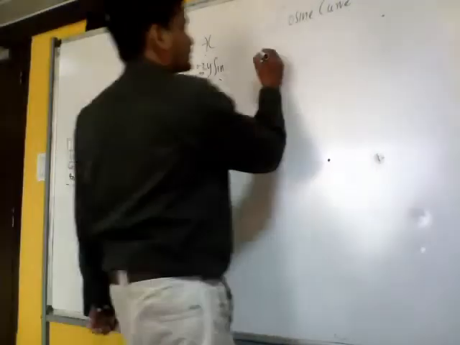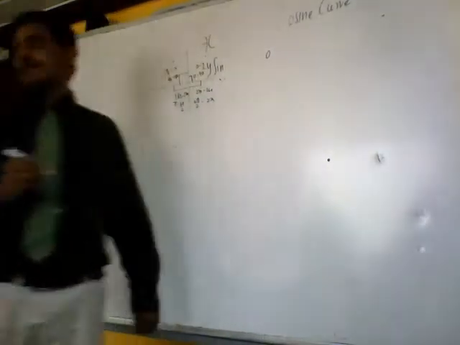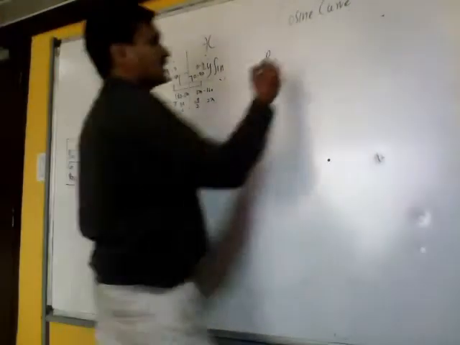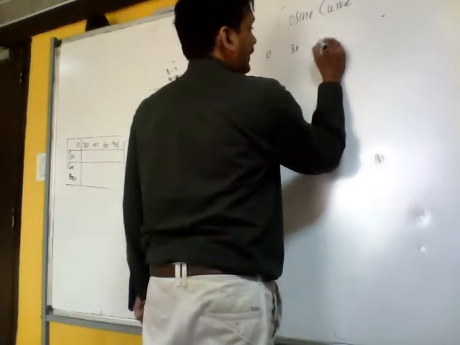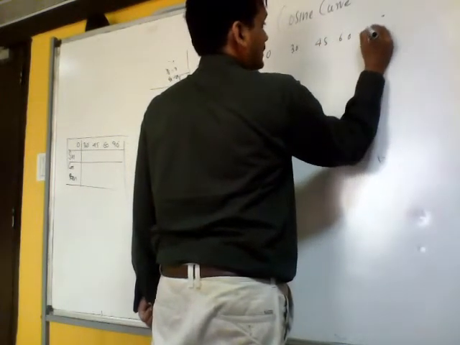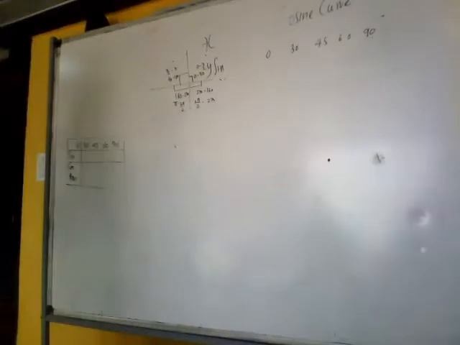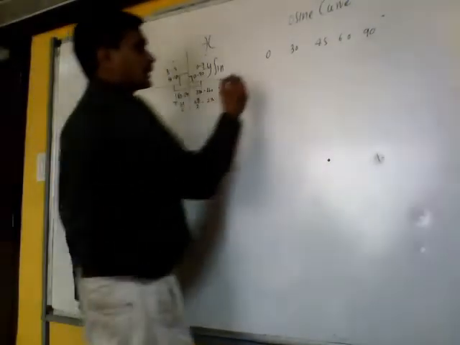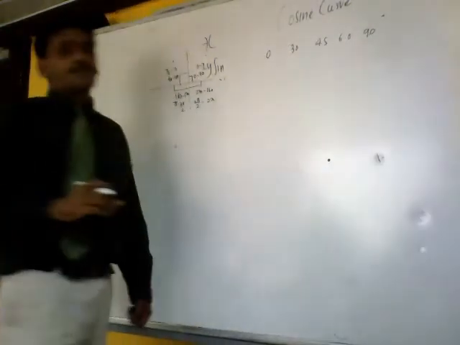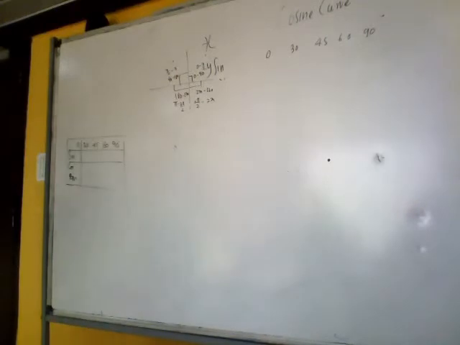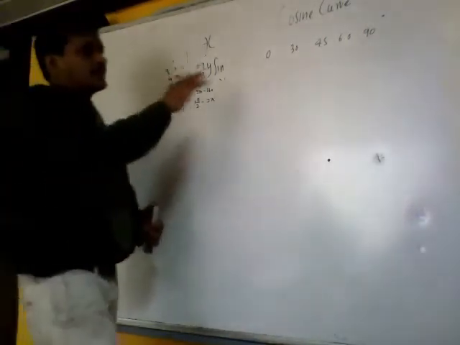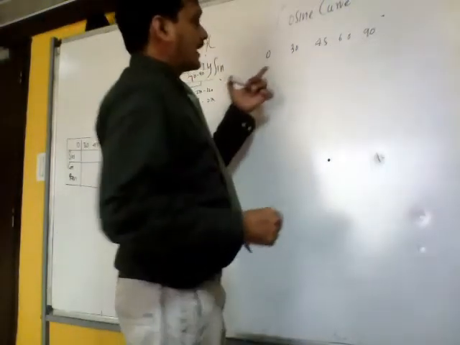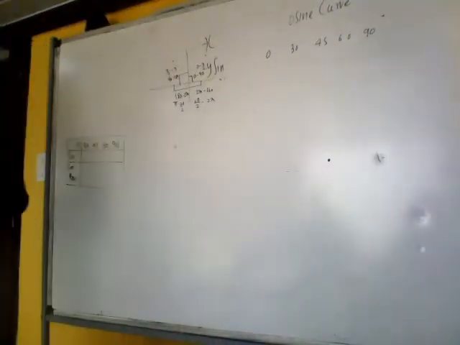Normally it starts with 0. What you have studied in your CSC is 0, 30, 45, 60, 90. The same was discussed in sine. It's going to be 30, 15, 15, 30. It starts from 0 and ends at 90 with a standard gap of the standard angles. So the gap is standard: 30, 15, 15, 30.